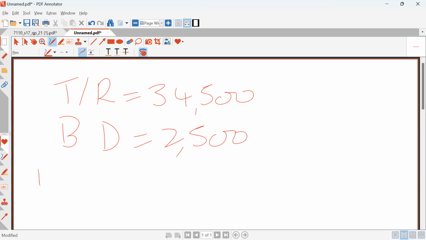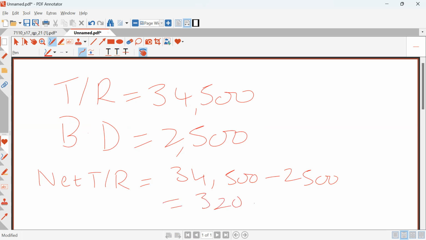So first of all, I'm going to calculate net trade receivables. Why am I calculating net trade receivables? Because bad debts are those customers which are irrecoverable, which I know are not going to return my money. So we will simply do 34,500 minus 2,500